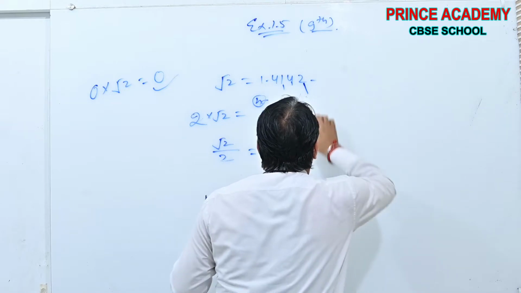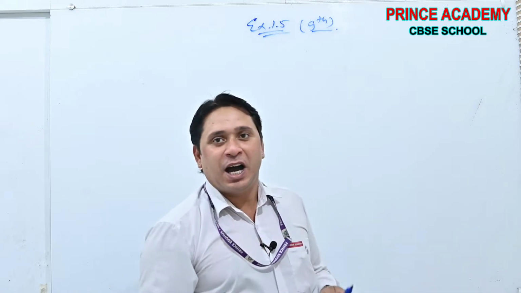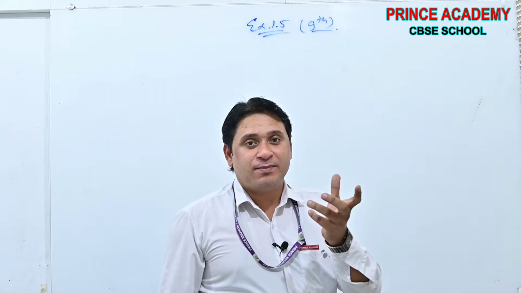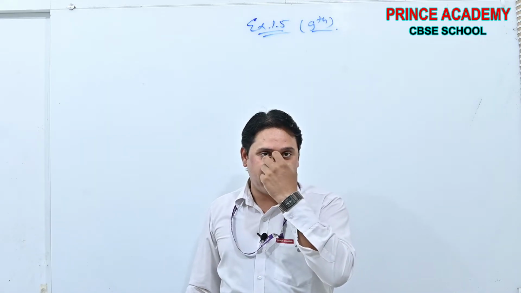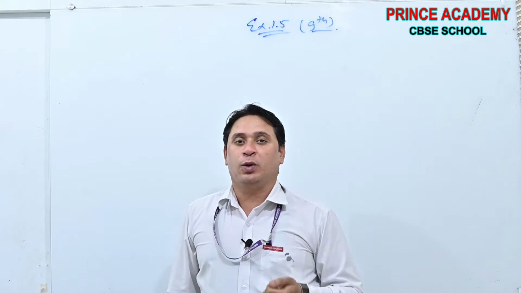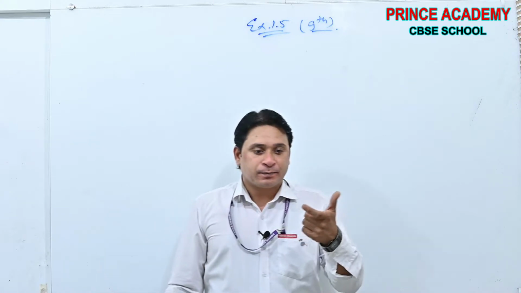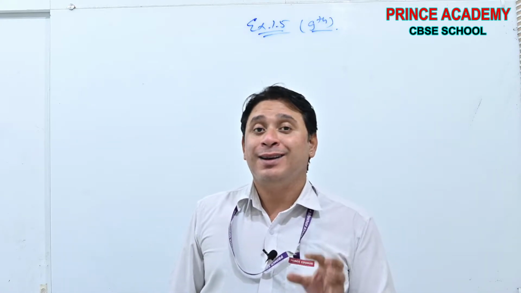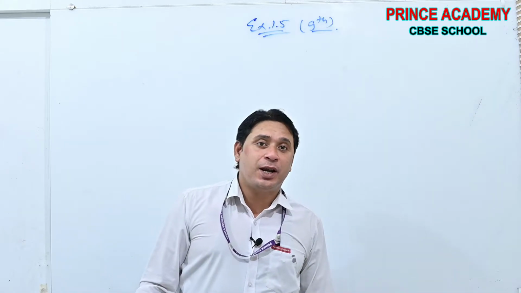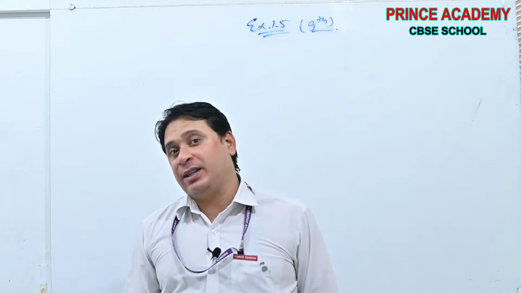One more thing. Since I have started this concept, that's why I am adding one more concept. See beta, that was my first job interview. When I started teaching, I went to an interview in a school in Haryana. And the question asked by the selection committee was: sir, can you give us the example that the sum of irrational numbers can be irrational or rational? And sir, please justify with the examples.